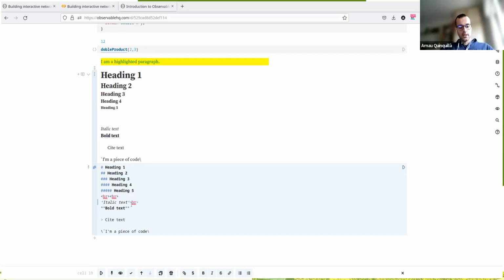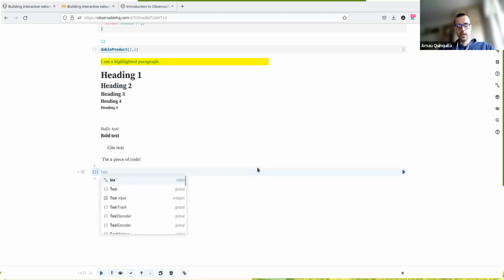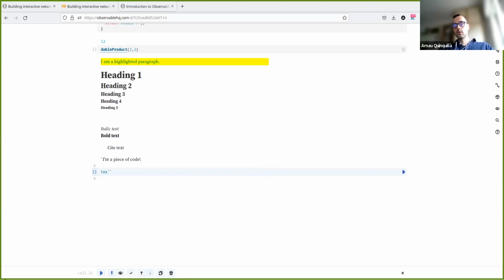Okay, I'm going to create a new JavaScript cell, and as I said, Control Alt Enter is our shortcut. But this time, I'm not going to use JavaScript. I'm going to say I want a text, and this is LaTeX, not text, sorry. If I click here, the JavaScript cell is now understood as a LaTeX cell. I don't know if all of you are familiar with LaTeX, but LaTeX is used for